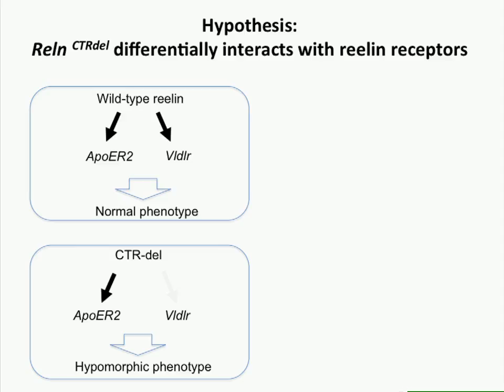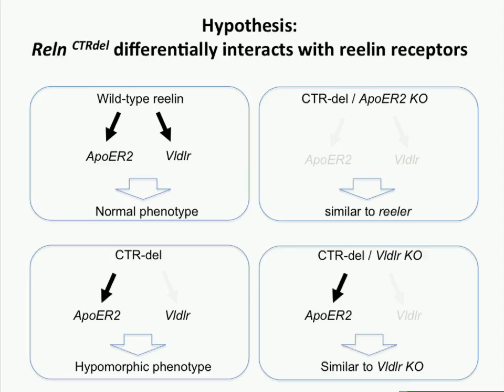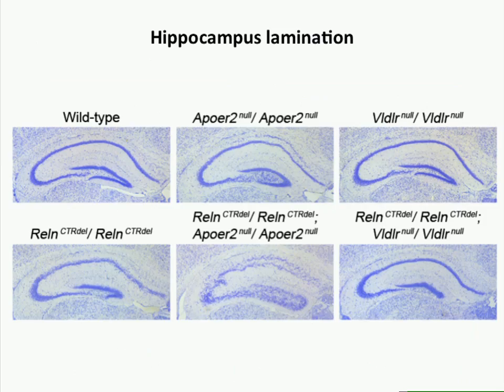And this is a testable hypothesis using a genetic epistasis approach, where we would predict that if this is the case, if we combine CTR-del with the ApoER2 knockout, we should get a phenotype similar to the full reeler phenotype. Whereas if we combine CTR-del with VLDLR, given that we're hypothesizing this activity has already been lost, we shouldn't see anything that's too different. So Sun-Shin set up those crosses, and what I will show you here is that we see results that are